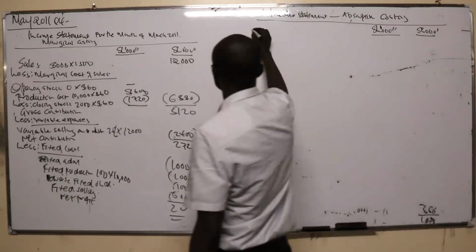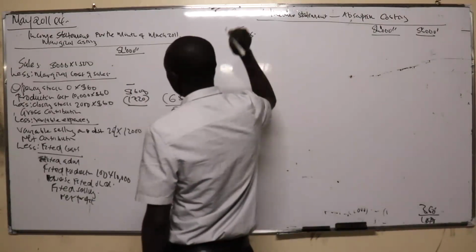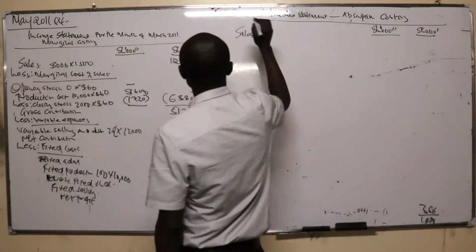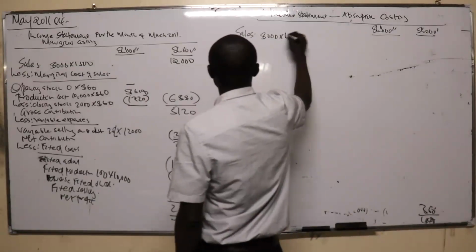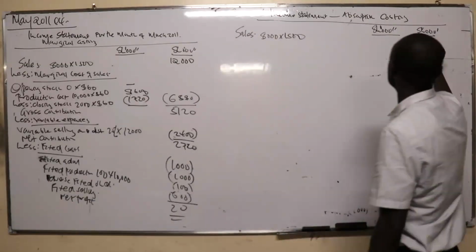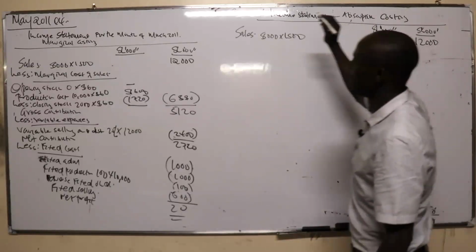So we have the sales figure here. The sales figure will remain the same. 8,000, you multiply by 1,500, you get 12,000. And then you less